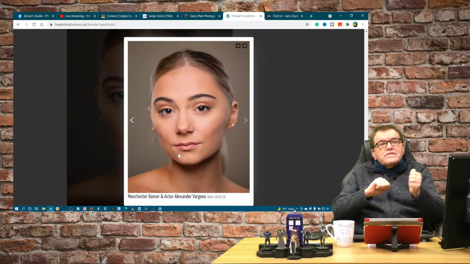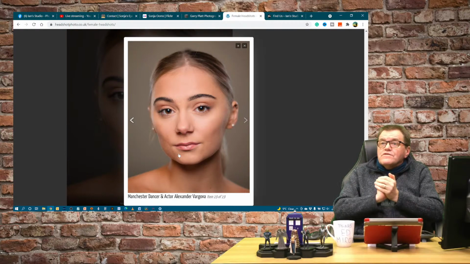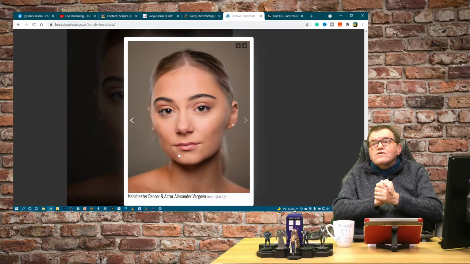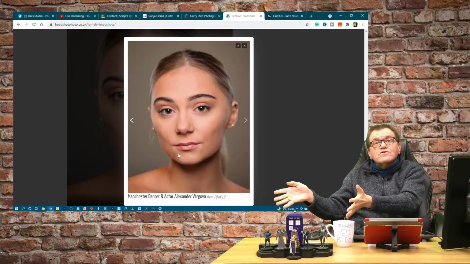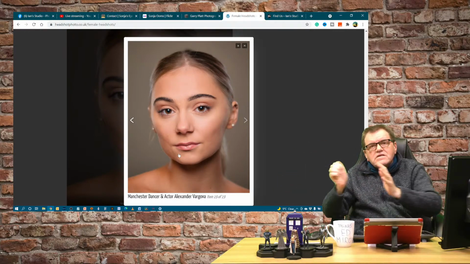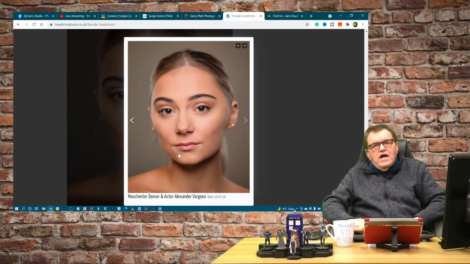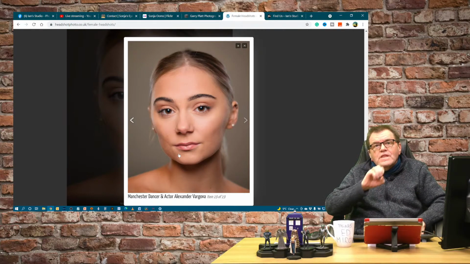You can then say, well, if you want, I can do you some retouched ones as well. And here's a gallery of retouched images, but separate it away from what the casting directors are looking for, because this is a very specific niche that you're aiming for.